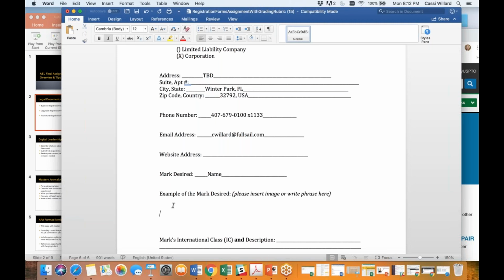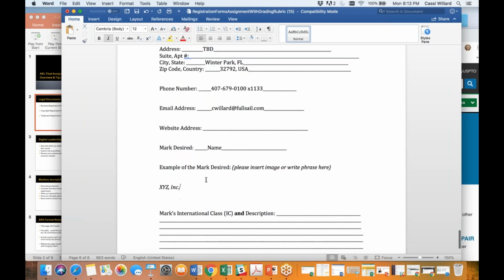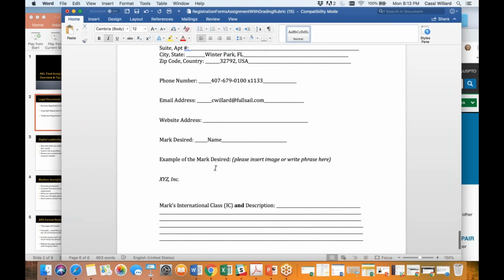For trademark registration, you may only register one item at a time. So you can't register your name, logo, and slogan simultaneously. Those are separate forms. So I'm going to put the name of my company again. And I'm also going to hit save one more time because we're about to hop on to the USPTO website